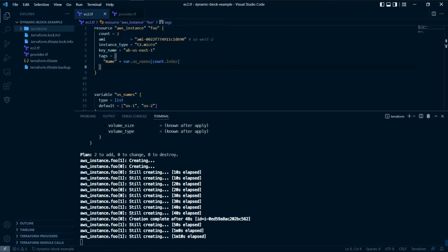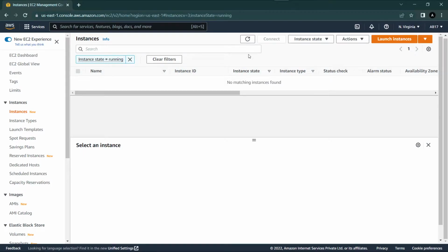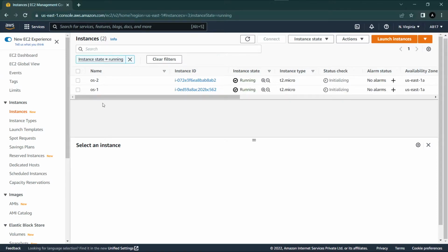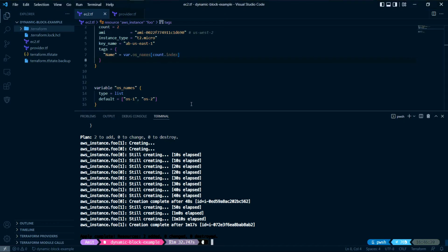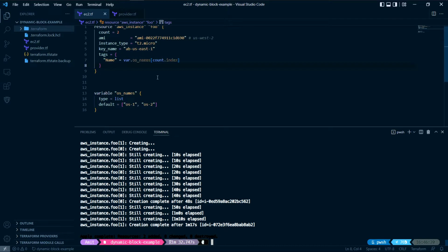So first your os1 is created, and it is trying to create the os2. So os2 is also created. Let me move back to the AWS dashboard, and if you refresh it, you will see os1 and os2 are created parallelly, or you can say sequentially. Now this part is done. This is one of the most advanced features, using count. You can use the count block